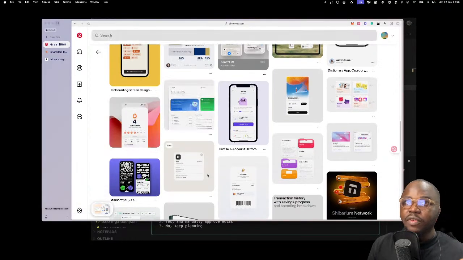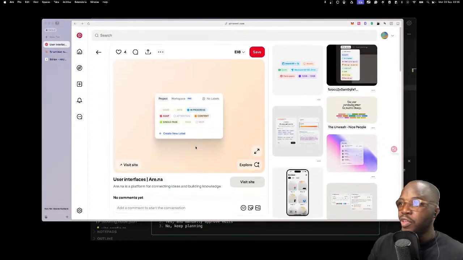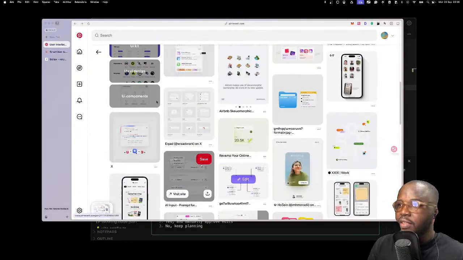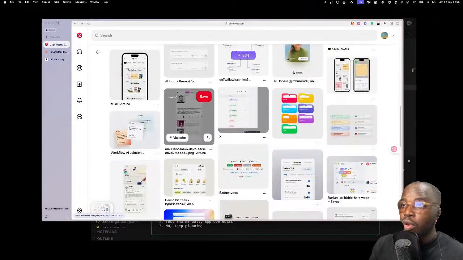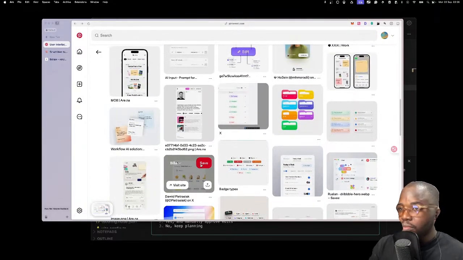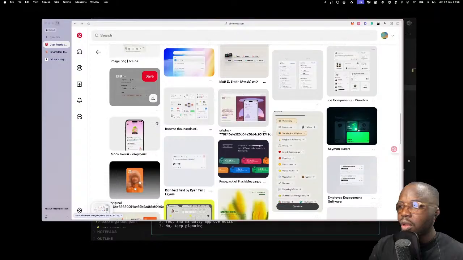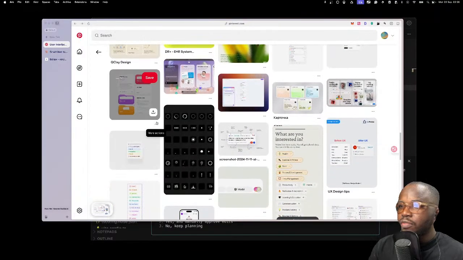You can't avoid it. Because we're not even using things like Lovable that have agents that might be a little bit more intentional, encouraged not to do the gradient of doom.